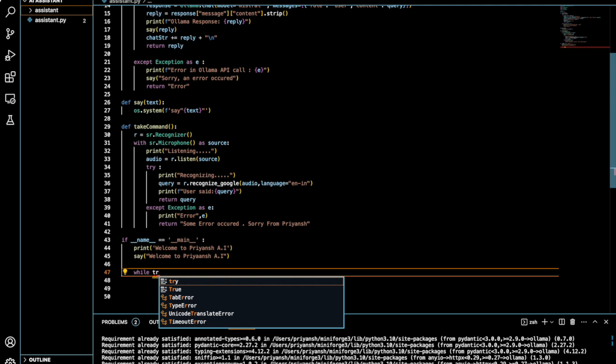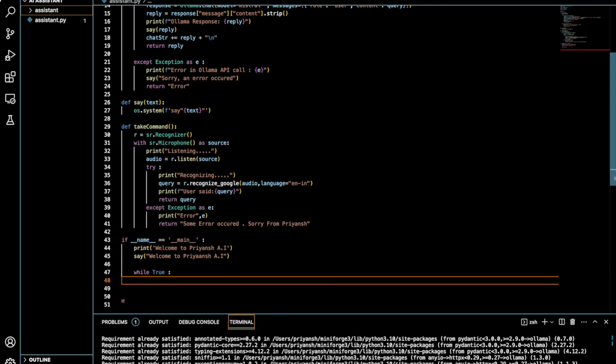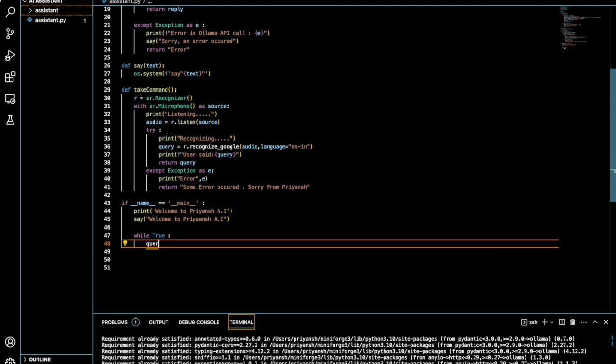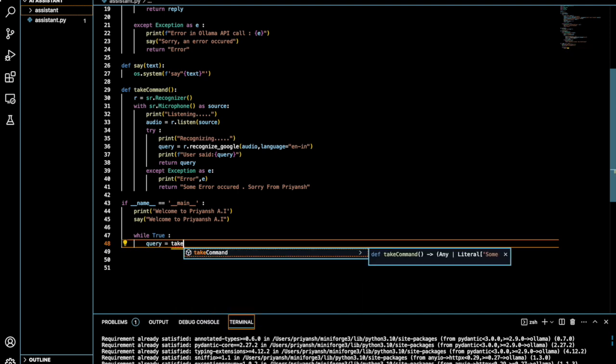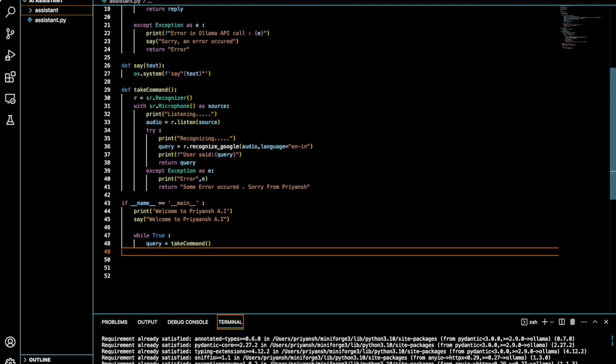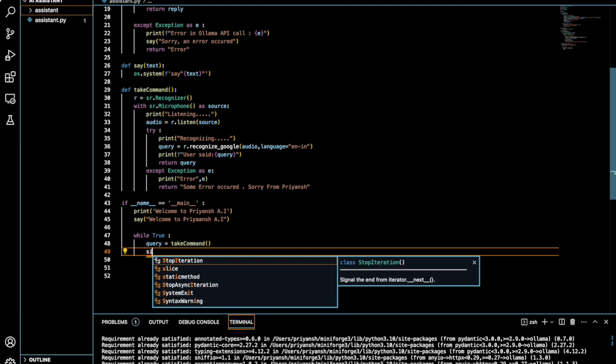And next line is while true, query equal to take command function. Yeah, and also one thing is there, if you want to open some sites, like I'll say to my assistant, please open YouTube, please open Wikipedia, please open Google. So I'll enter that for those sites